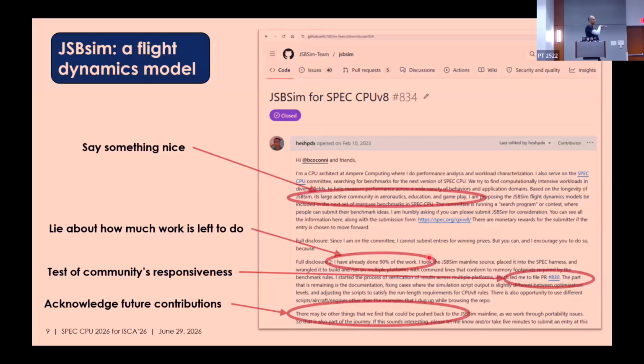And so this GitHub issue actually has 200 comments where we're going back and forth and discussing all the problems that arose in portability. We found bugs that we had to dig up in a 1971 astrodynamics textbook. And it was really cool. So the community was super responsive, very helpful, and we really had a good collaboration there. And so JSBSim turned into 748 Flight DM in the FP suite.